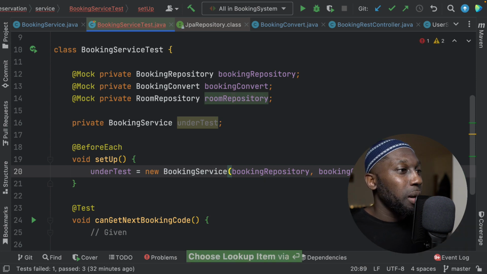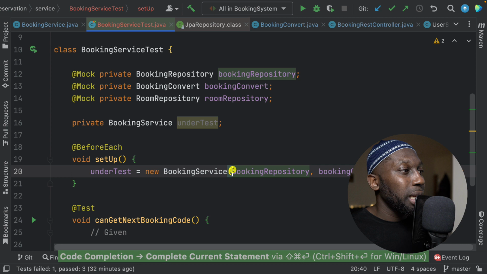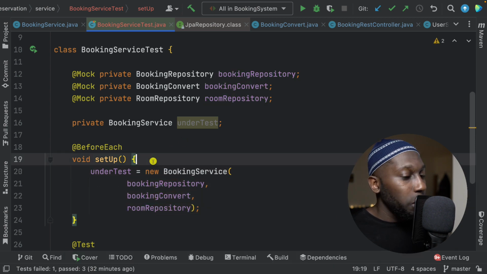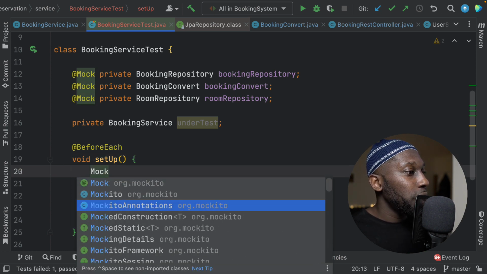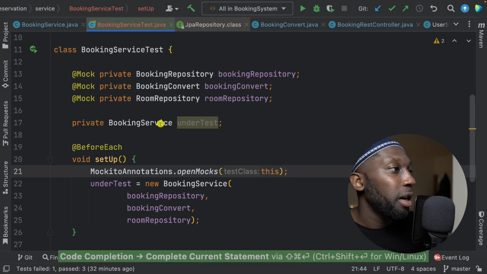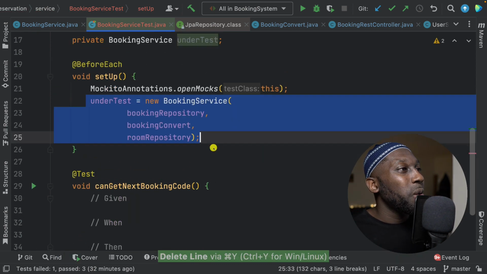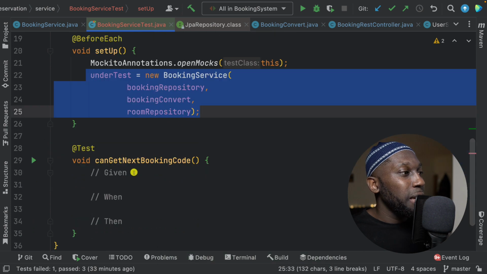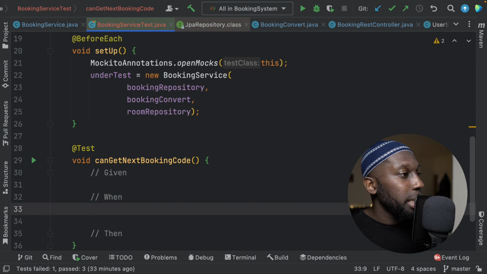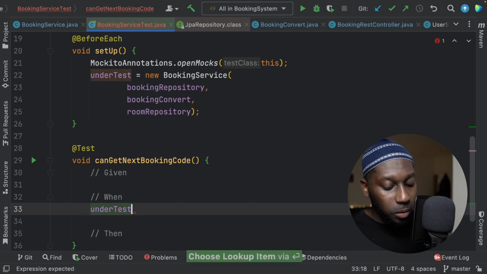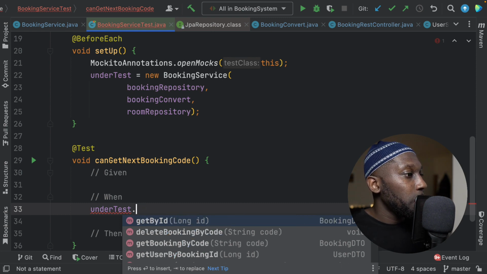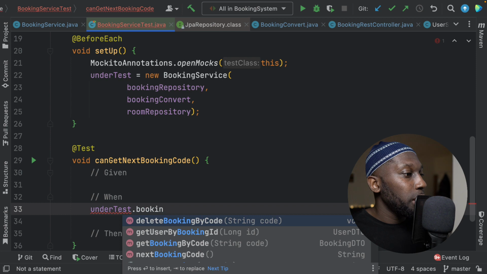So you can see how clean this looks, right? So also I like to always put these on a new line. So just like that. And also we need to initialize the mocks. So Mockito annotations dot open mocks this, because otherwise we're going to have a bunch of null pointer exceptions. Now we need to test. So given, the method that we want to test is under test dot, so when under test, or I think it was booking,